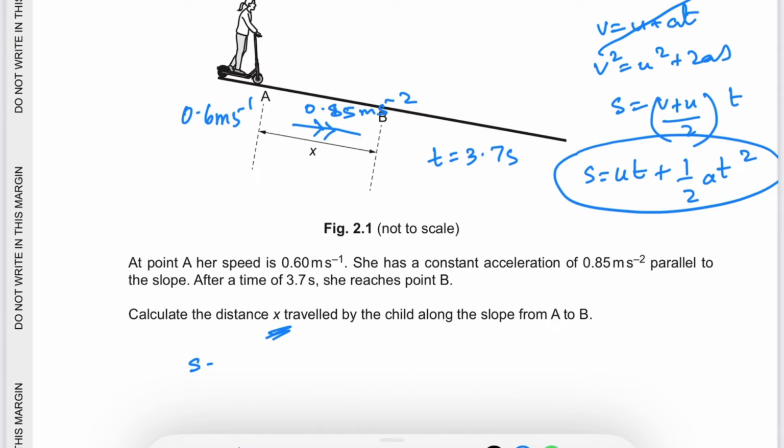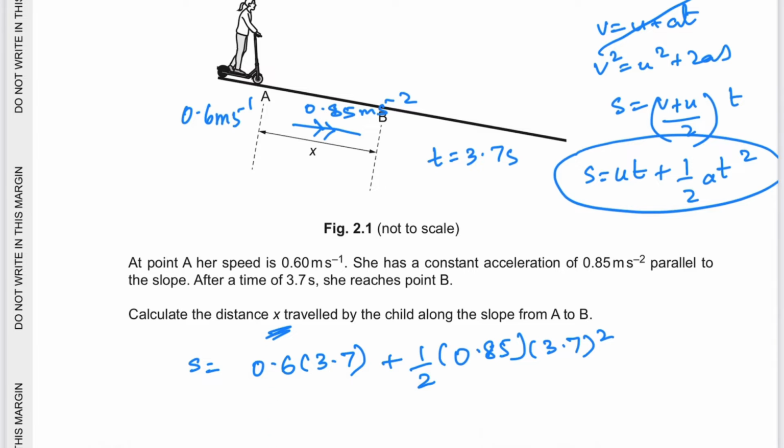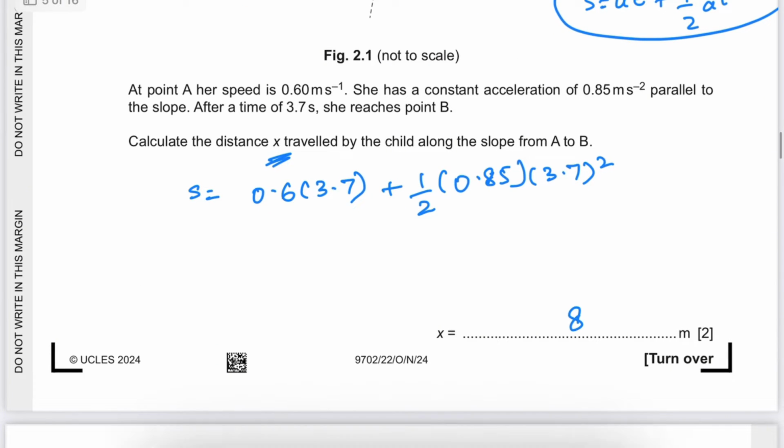So the distance here would be 0.6 times 3.7. And then you plug in her acceleration as well. And lastly multiply that by t squared. So you'll have distance being 8 meters